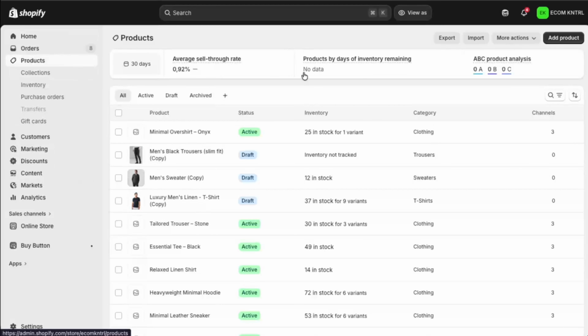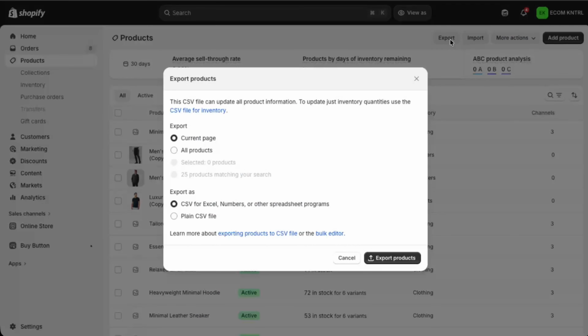Let's start with your products. In the left-hand menu, click on Products. This opens a list of all the items you sell. At the top right of this page, you'll see an Export button. Click on Export. Shopify will ask what you want to export, such as all products or just selected ones, and